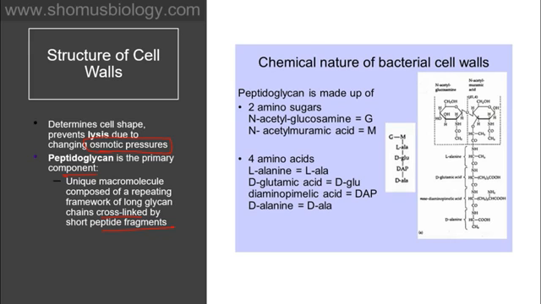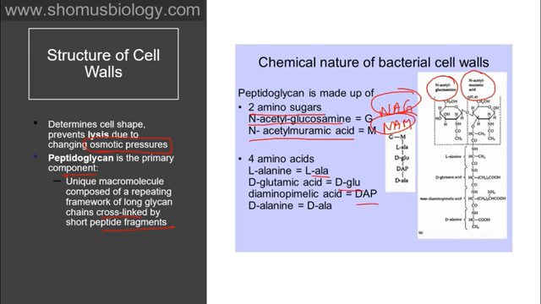Now the chemical nature of the bacterial cell wall: you can see peptidoglycan is made up of two amino sugars, N-acetyl glucosamine and N-acetyl muramic acid. So we call them N-acetyl glucosamine or NAG, and N-acetyl muramic acid or NAM. So NAG and NAM are the two major amino sugar components of the peptidoglycan layer, and you can see this is the NAG structure, this is the NAM structure, and both of them have a chain, and especially the NAM also has 4 amino acids linked with it, namely L-alanine, D-glutamic acid,